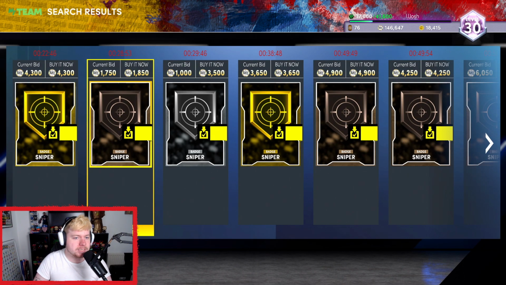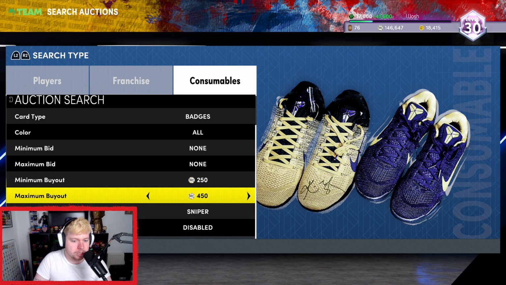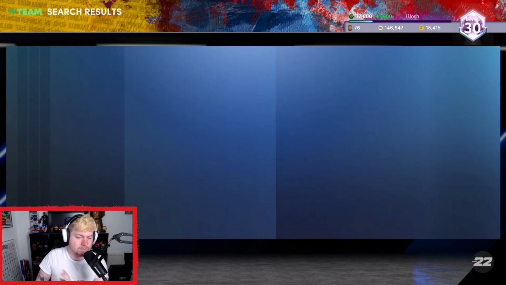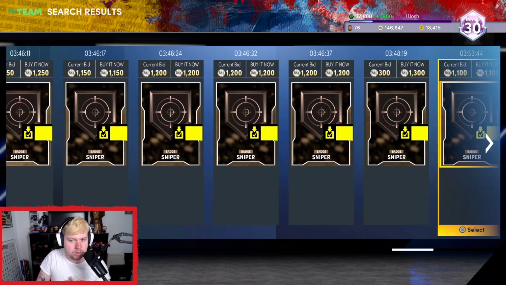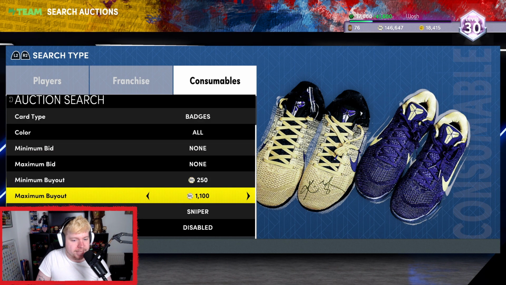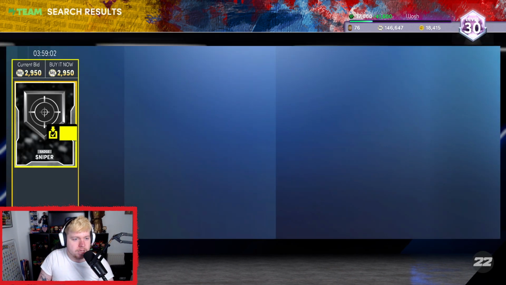Now, we're going to be looking at Sniper. In particular, there are multiple ways you can go about sniping these. You could just do Sniper and put it to the cheapest buy now, which at the moment is bronze. Bronzes are selling for about 1,200. What you can do as well is just sit on here and set this to about 800 if you really want to. Or you could just filter it up each one and then just quickly...